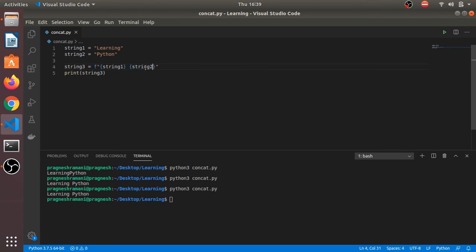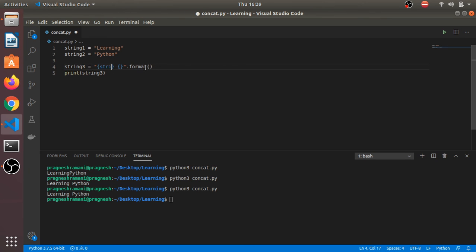And the third way is like this, dot format, and we can define the variables over here. This is the same way as we have seen for the f, and after that we have written the string, and this is basically the dot format method, that is also following the format method, but in another way. Like this, you can write